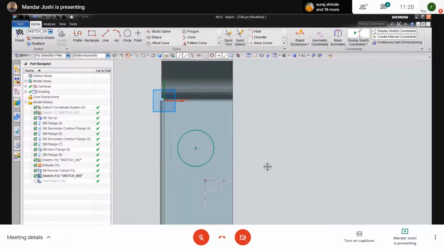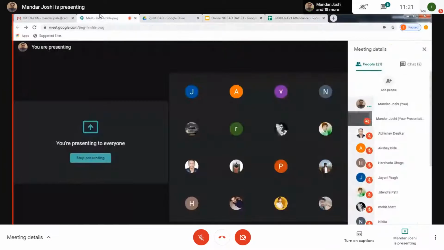Hello? Anybody have a different opinion? No, sir. No vertex. What do you think, others? There is no vertex here. How many vertices for the circle?